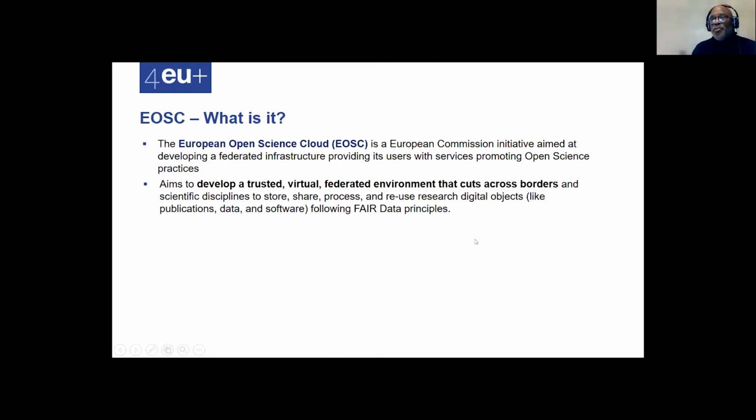Its aim is to develop a trusted virtual federated environment that cuts across borders, meaning from country to country, and across scientific disciplines, including non-scientific disciplines, humanities, the wet and dry sciences, to store, share, process, and reuse research digital objects like publications, data, and software,